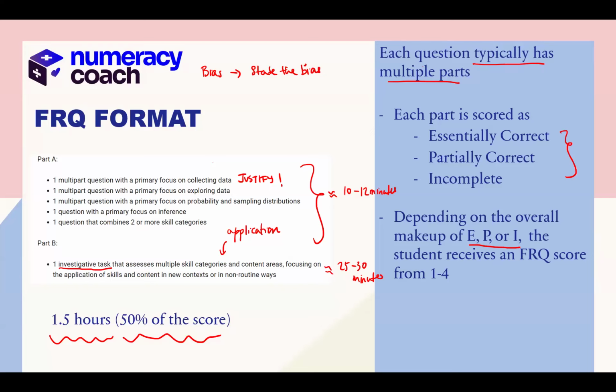And again, that's what I really want. So when they're asking for a bias, you said, definitely state the bias and also justify. Are they typically going to ask you if it's an overestimate or underestimate, or do they just say identify the bias? Do they have to say that in their response?